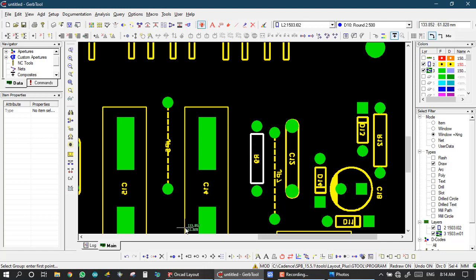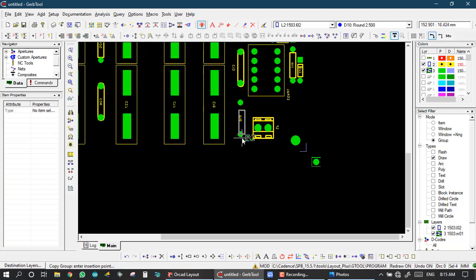Now I go to copy, and we want to copy the group, and I take a reference for this flash. We take the reference because we want to copy to the same resistor, so we take a reference for placement of this symbol. So move the cursor here and press the Home key on the keyboard.